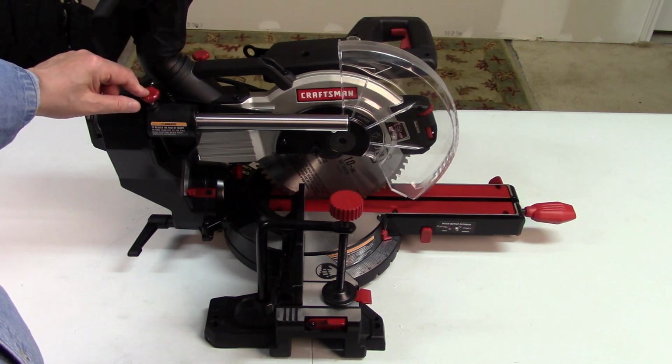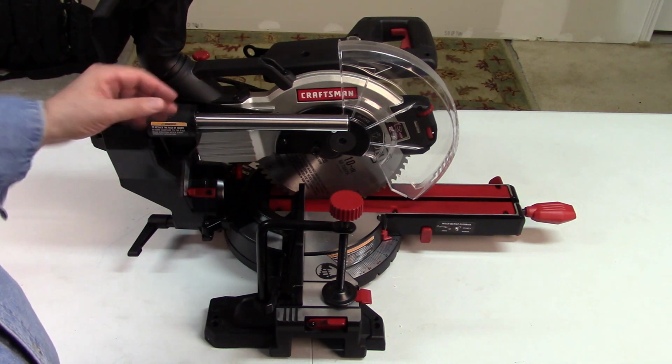Of course, this little tension knob controls the tension and keeps the...